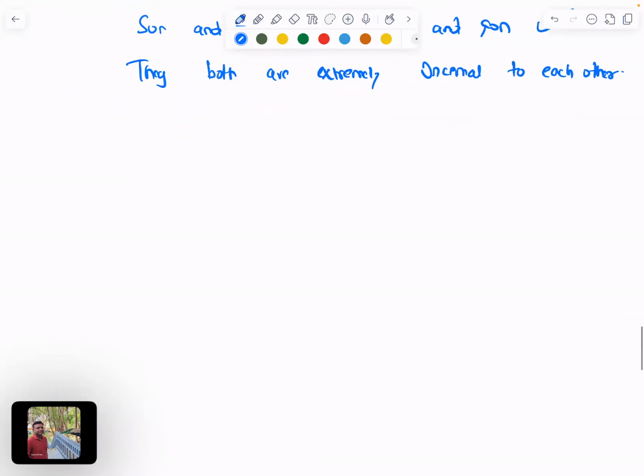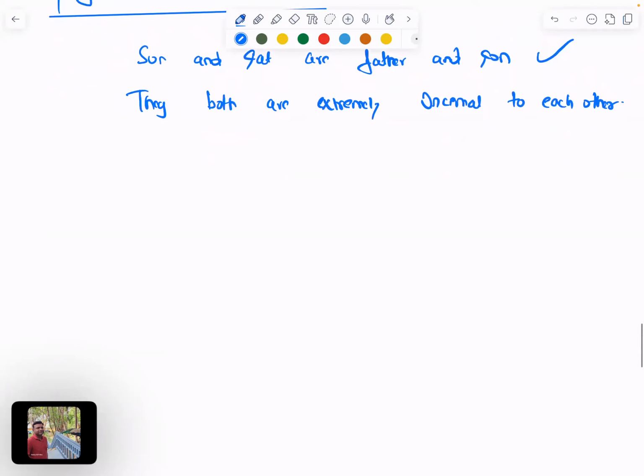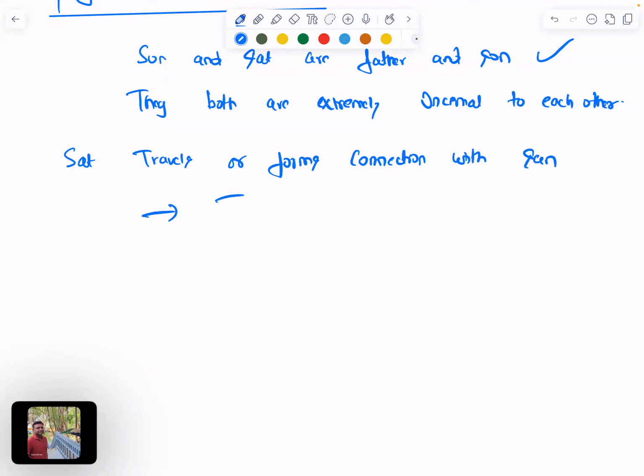Therefore, whenever Saturn travels or forms a connection with the Sun, it will give tension and mind stress,